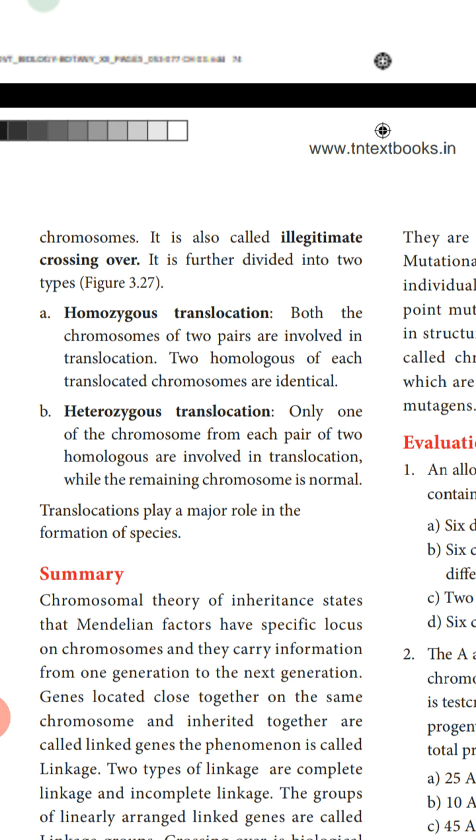Third, we studied inversion. Because of the inverted segment, after the rearrangement of the genes, that can also lead to the evolution of a new species. And the last one we studied, translocation, can also lead to the evolution of a new species. So we have completed chromosomal mutation, the two types of chromosomal mutations. Hope you have understood.